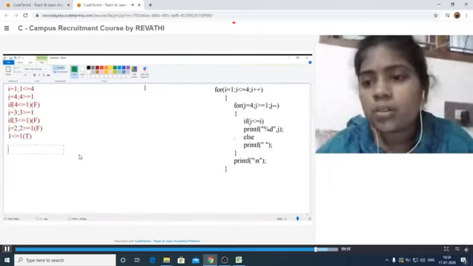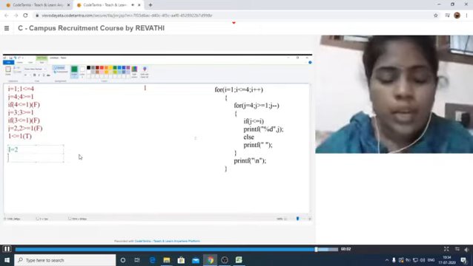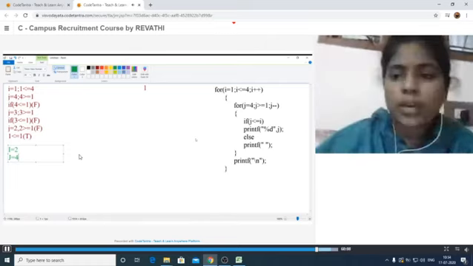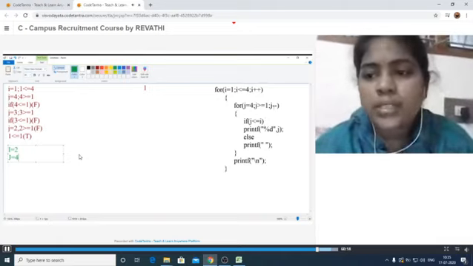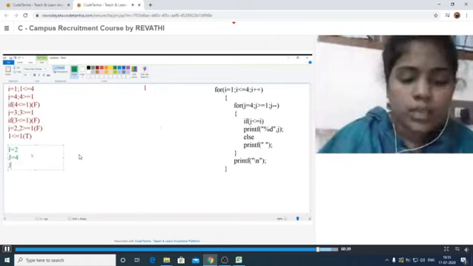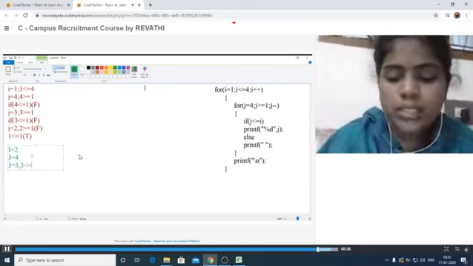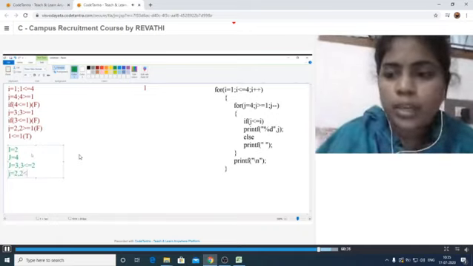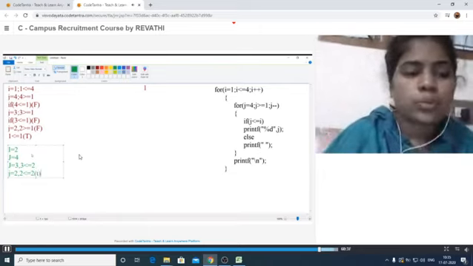Now we move on to i. i is incremented by 1, so i = 2 now. Now j = 4. Next, 4 greater than or equal to 1. Now 4 less than or equal to 2, the condition is false. Next, again j is decremented by 1, so j = 3 now. This condition is also false, that means 3 less than or equal to 2 is false. Next, j = 2. Next, 2 less than or equal to 2, the condition is true here. The condition being true means 2 spaces are printed only.